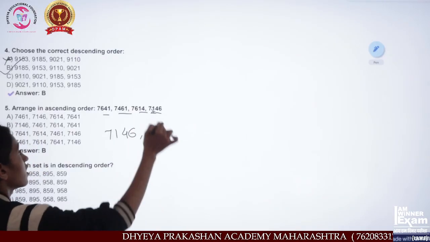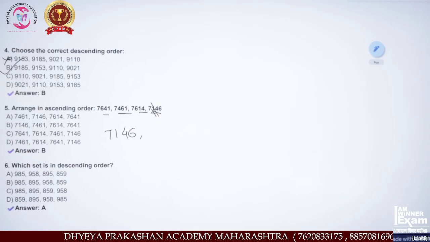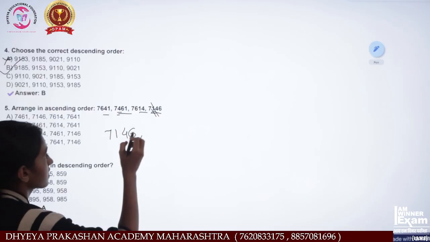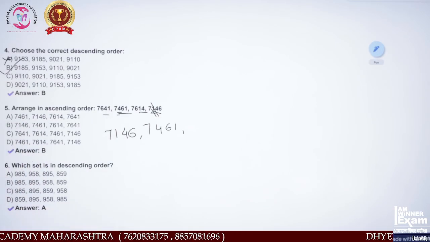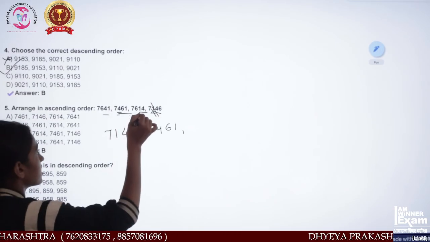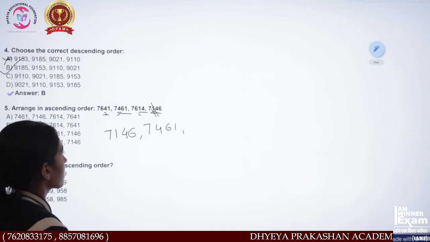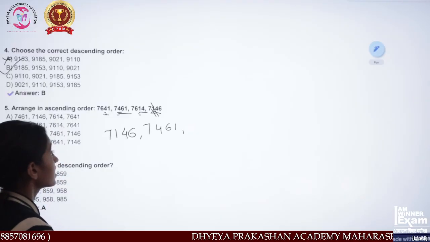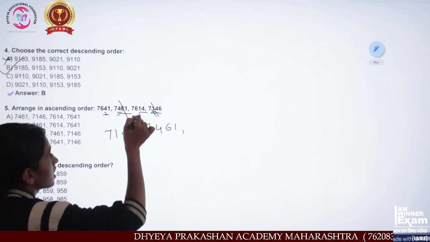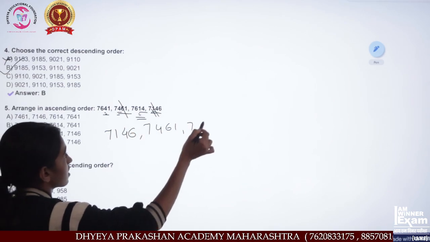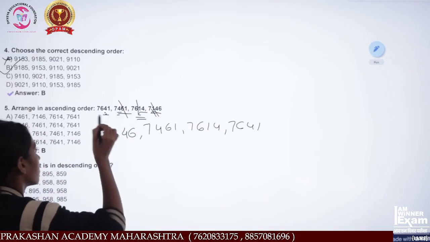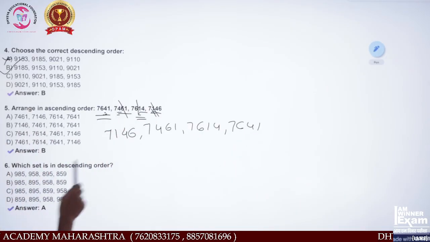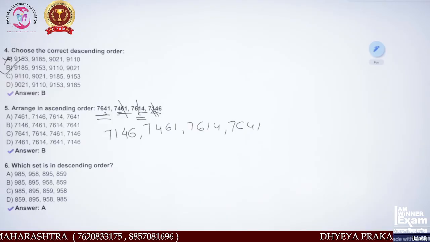After this, 4 should become next, it is the smallest. The 6 are the same. Then we will move on to the third digit, 1 and 4. Then which is the greatest? Which is the smallest? 1 is the smallest. Write this number then. Then last, this number last. Then our answer comes like this. Then which answer is matched with our answer? Option B is the correct option.